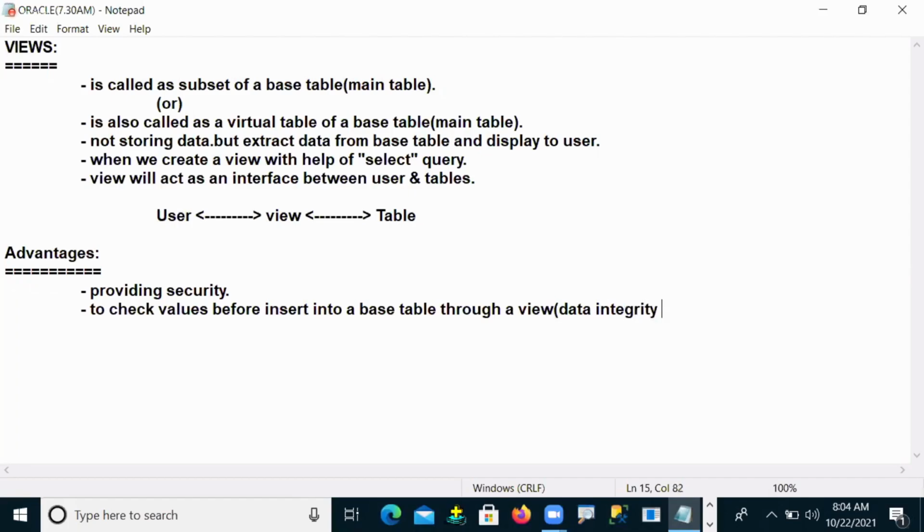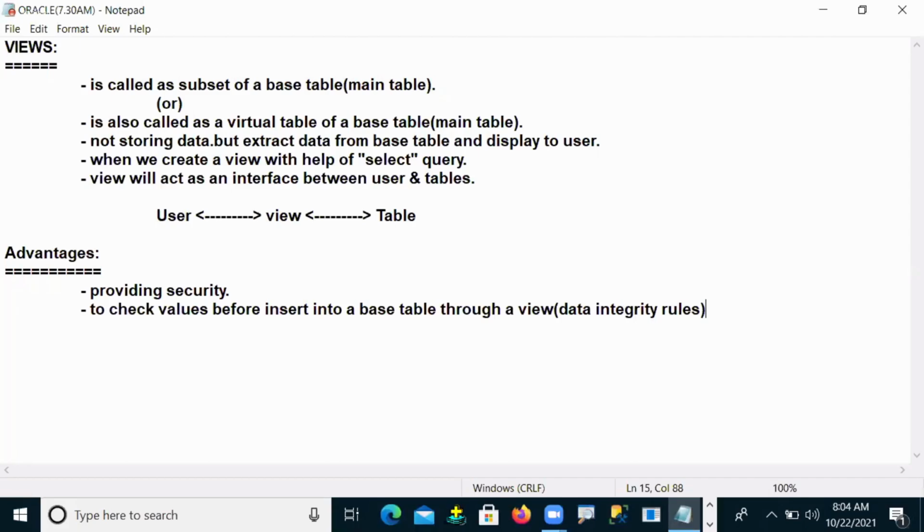Data integrity rules will be followed. We already know data integrity rules, like unique constraint, check constraint, not null, primary key, and foreign key. So these are the data integrity rules that we have.